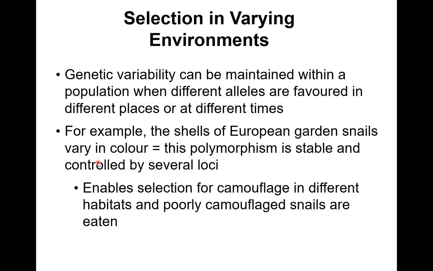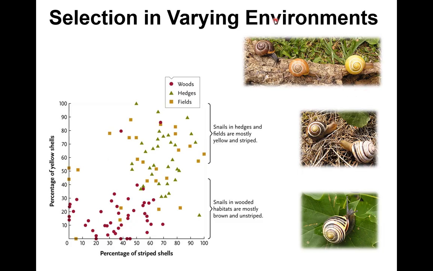Now, another type is that selection. To talk about again how polymorphism is maintained, selection sometimes is different depending on the environment. So some variants may be advantageous in one environment, some other variation in another one. One example is the garden snails here. So you have all these different colorings of their shell,